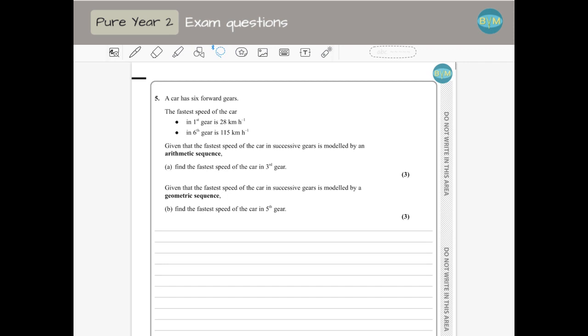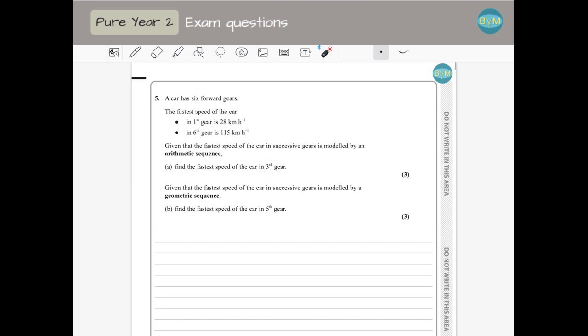Hello, this is question 5 on your November 2020 paper 1 from Edexcel. You have a geometric and arithmetic sequence question. So you have a car that has 6 forward gears. The fastest speed of the car in first gear is 28 kilometers per hour, in sixth gear is 115. And they tell us that this is modeled as an arithmetic sequence, and we have to find the fastest speed